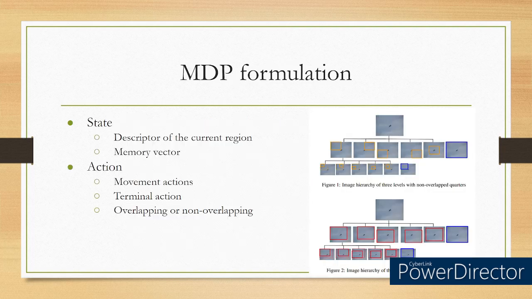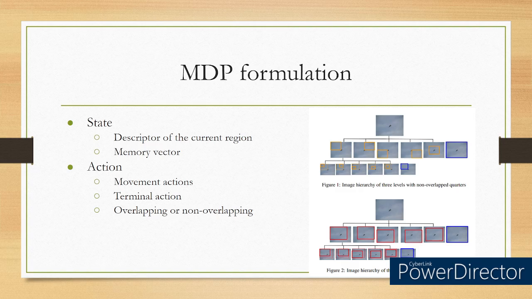Next, let's discuss how this paper integrates RL. We define the state, action, and reward required for RL. The state consists of two parts: the descriptor of the current region, mostly extracted by the CNN model, and the history vector containing the past four actions. According to the authors, this stabilizes the search trajectory, though as far as I know, it's not commonly used